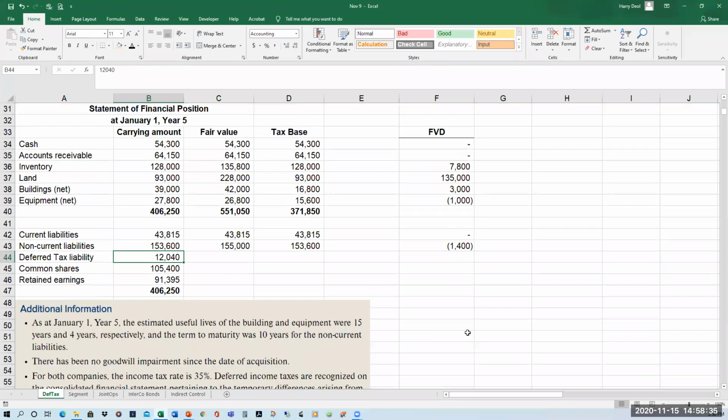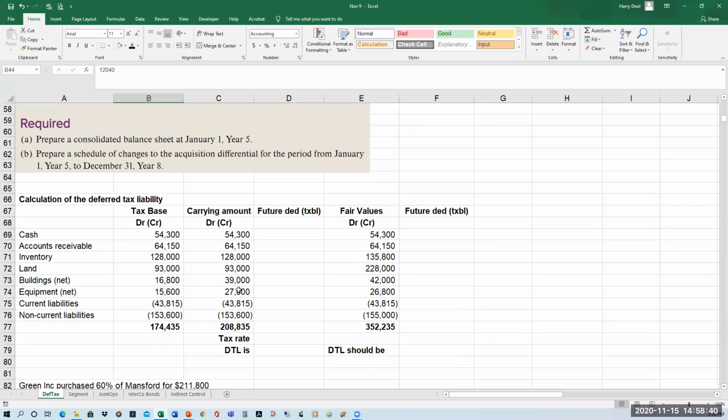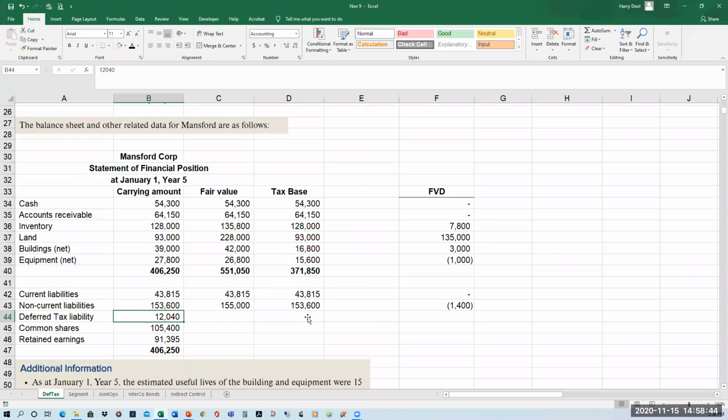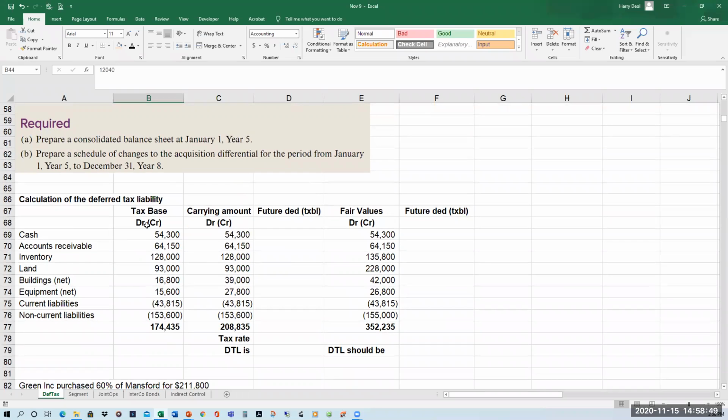How is that calculated? To look at that, we have to compare the tax base. So the tax base information for Mansford was given to us, and the carrying amounts. And notice here I've put debits as positives, credits as negatives. So you have cash, accounts receivable, inventory, land, buildings, equipment, current liabilities and non-current liabilities for Mansford. For the liabilities, because liabilities are credits, I put them as negatives. So adding up, we get a total tax base of